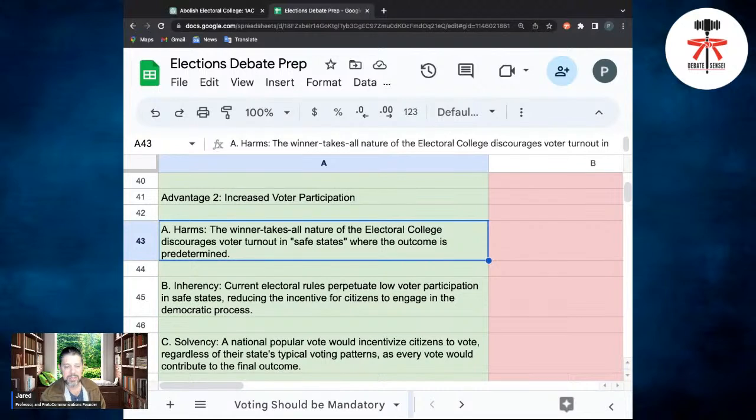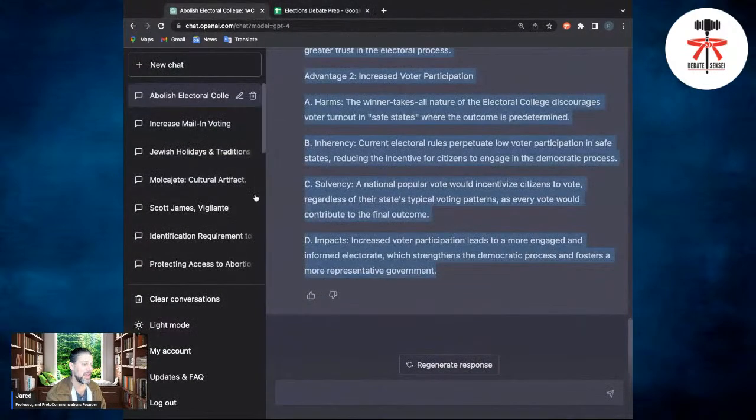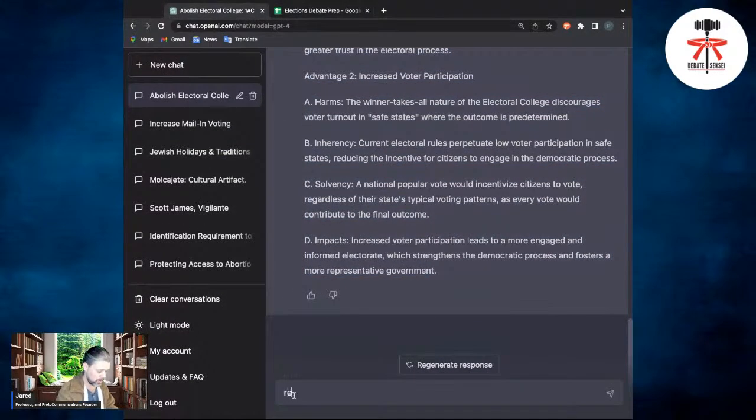Again, I think ChatGPT is doing a poor job identifying harms. All right, so that's something that I would count on you, as a student or a debater, to fix, to rectify, either by going back and saying, rewrite,